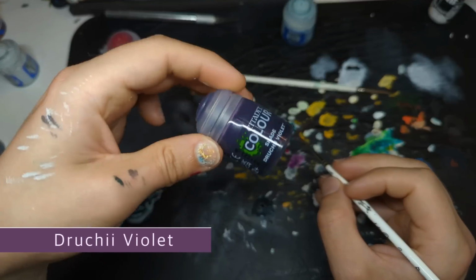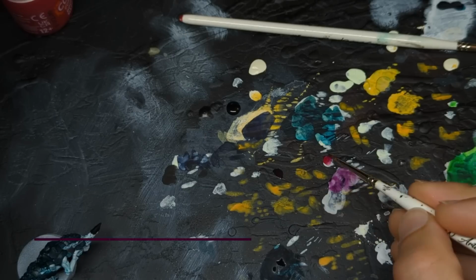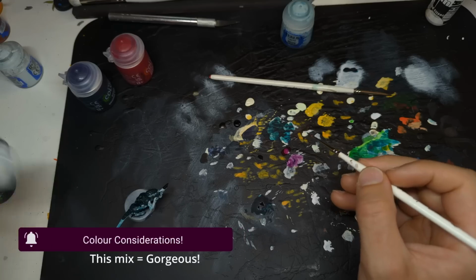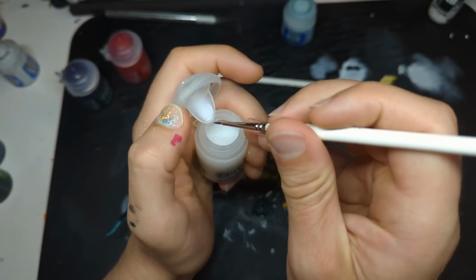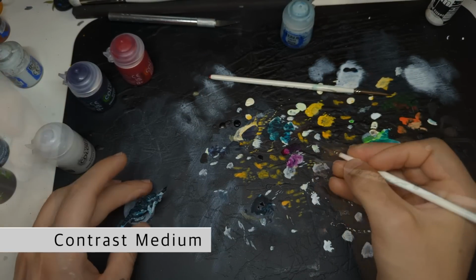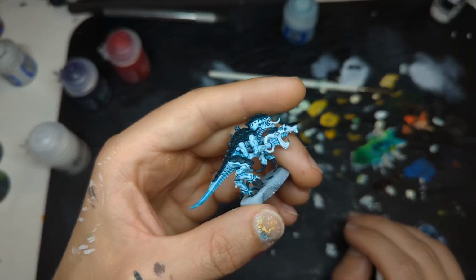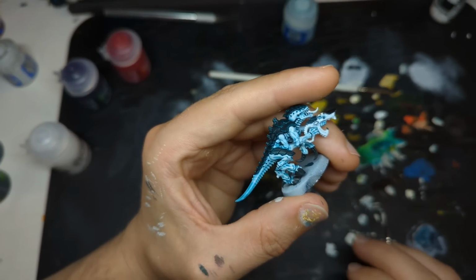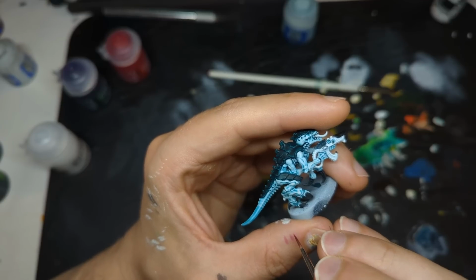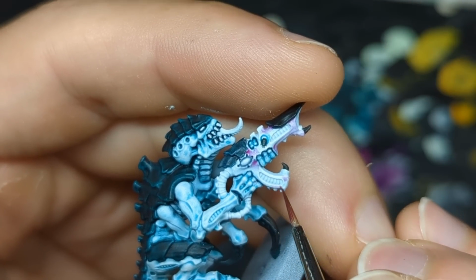I'm going to mix in a little bit of Tretchy Violet, just to chill it out slightly, and some contrast medium. So what I'm going to do is the areas that I want to be slightly darker, I'm going to get undercoated with this first, and then we'll make a pure Doomfire mix as we get closer to those inner bits that we want to be really, really, really vibrant. So if I want this darker towards the bottom,